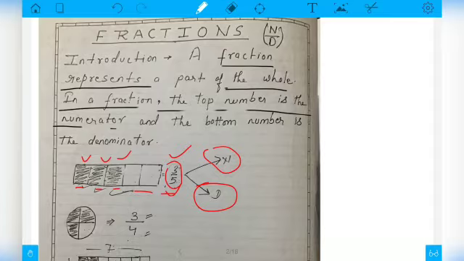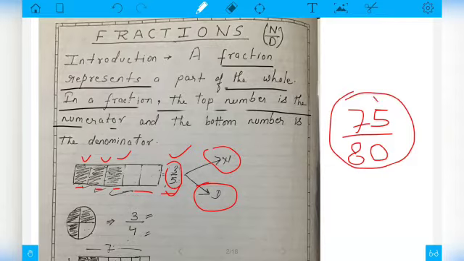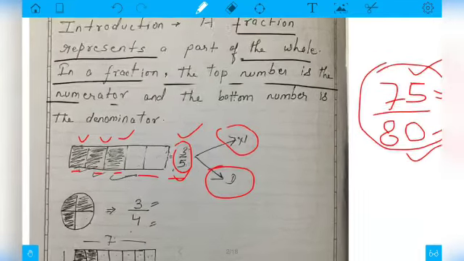Generally you got your marks in the examination. Do you notice that that was also a fraction? For example, if in a school a paper is conducted of 80 marks, and a student gets 75 marks out of 80, this is a fraction. This part is numerator, this part is denominator. This shows that out of 80, the student got 75 marks. So this is also a fraction.